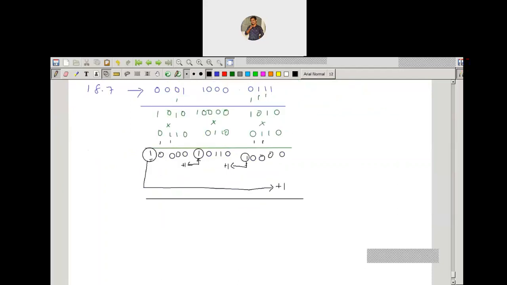0 plus 1 is 1, and 0 0 0, and we are adding 1 here, so that is a 1, and 1 1 0, and again we are adding 1 here, so 1 0 0 0. That is 17.1. So this is the answer. Okay, so that is about BCD subtraction by using